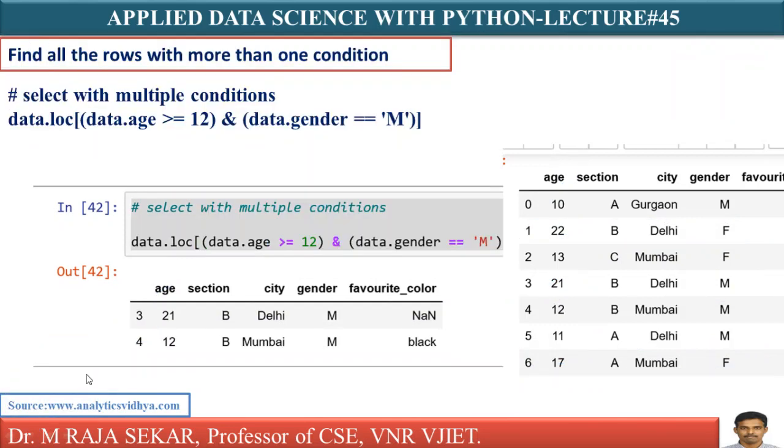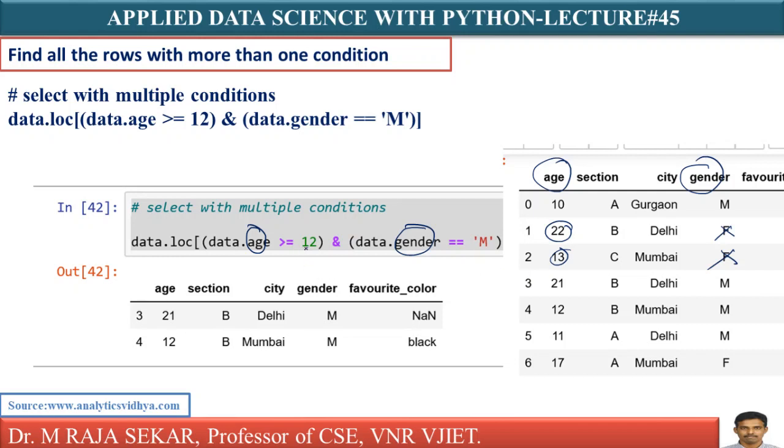Now again I am using loc. Just see, data.age, this one is also a label. And data.gender equal to male. Age must be greater than or equal to 12: yes, 22 is greater than or equal to 12, but that is not enough. Gender must be male. Here gender is female, so I cannot select it. Age 13 is greater than or equal to 12, of course, but is gender equal to male? No, it's not. Therefore, I will not select it.